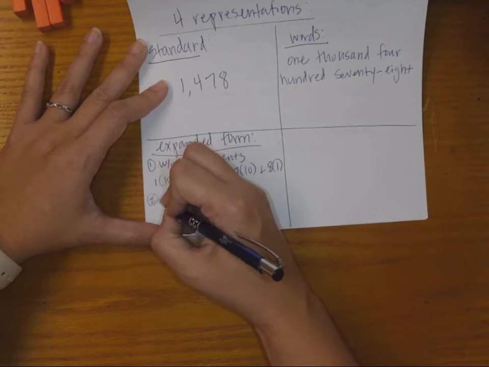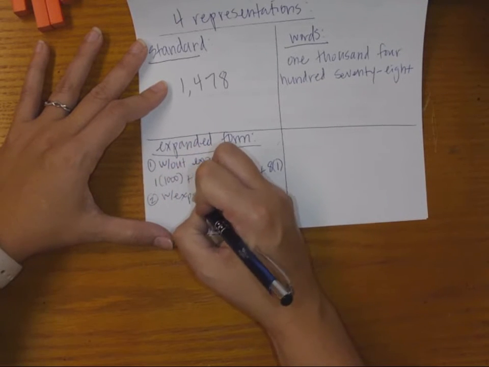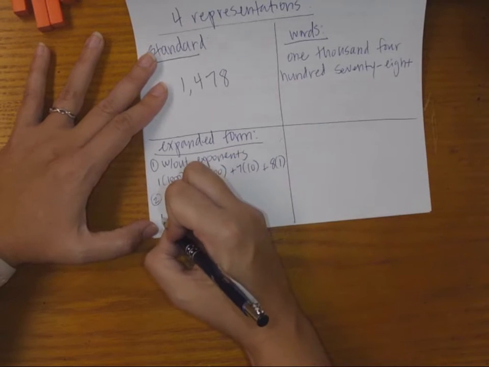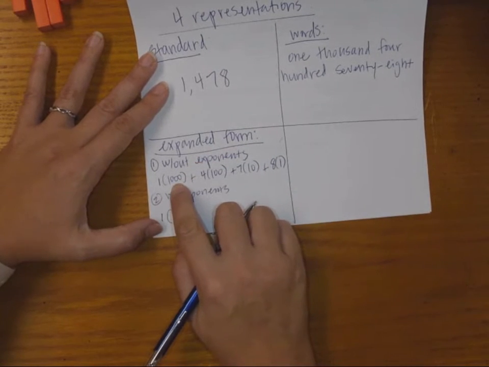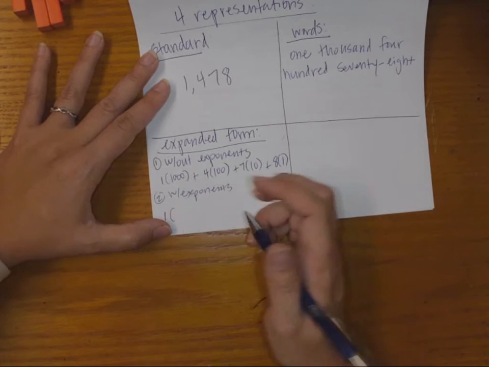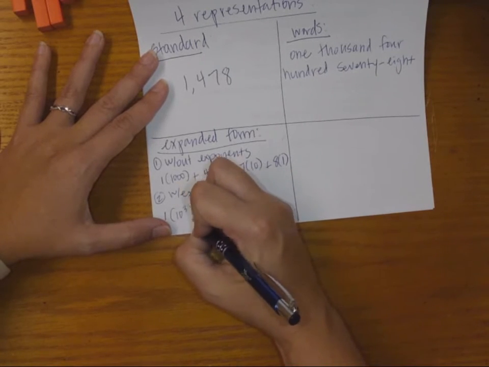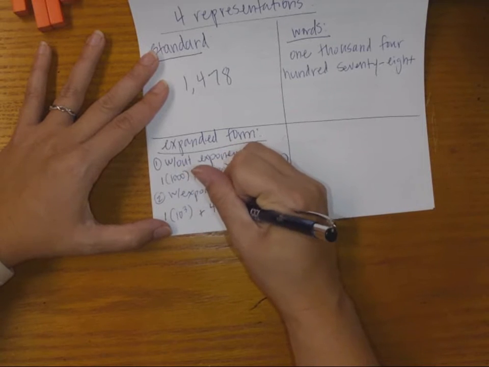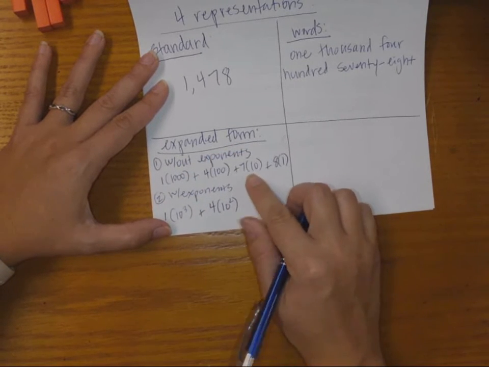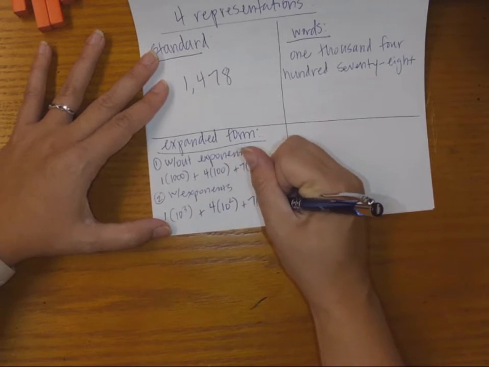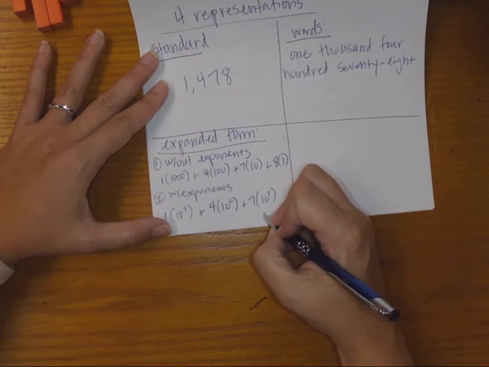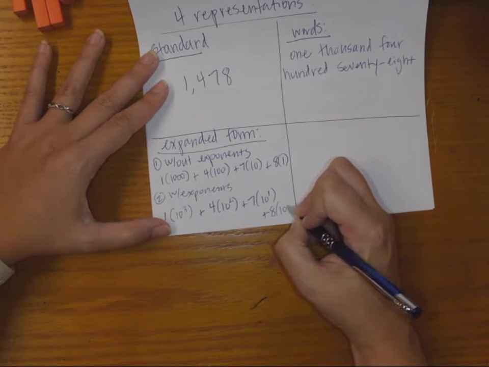I can do the same thing with exponents. With exponents, instead of writing it as 1 times 1,000, I write 1,000 as a power of 10. So 1,000 I could write as 10 to the 3rd power. 100 I could write as 10 squared. So 4 times 10 squared. 10 I would write as 7 times 10 to the 1st power. And 1, the way you would write 1 as a power of 10, is 8 times 10 to the 0